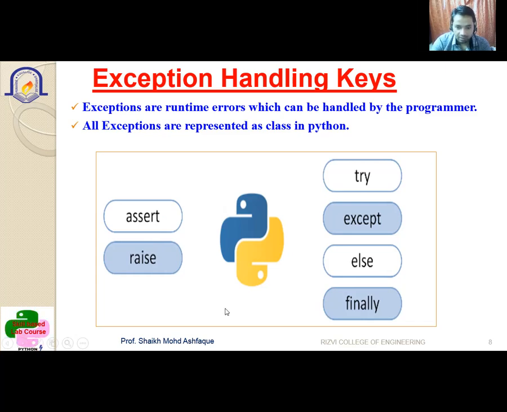These are the exception handling keywords which are used to handle your exceptions, or your runtime errors. With the help of these keywords, you easily come to know what problems occur at the time of running your program, so you can make corrections accordingly. It will be handled by the programmer properly. But remember, it is nothing but try, except, else, finally, assert, and raise.